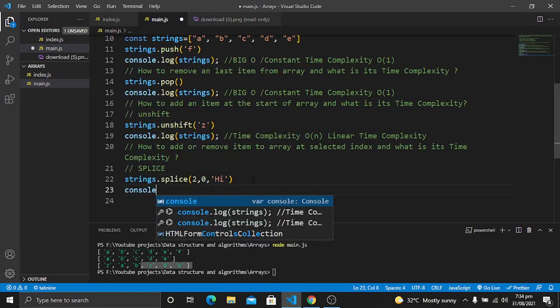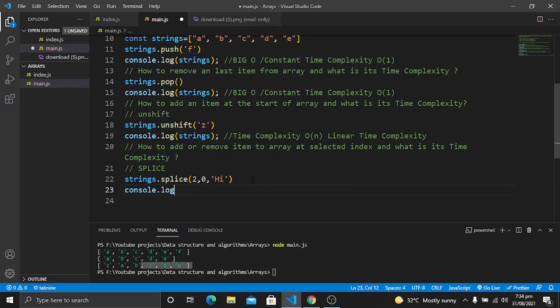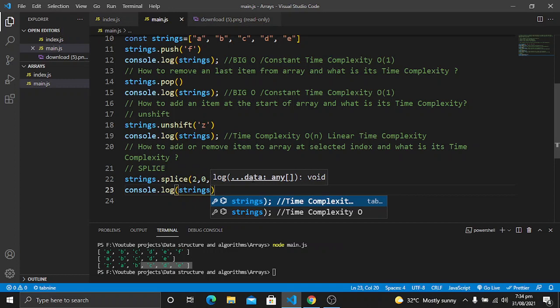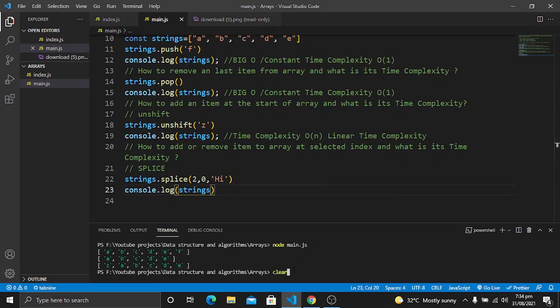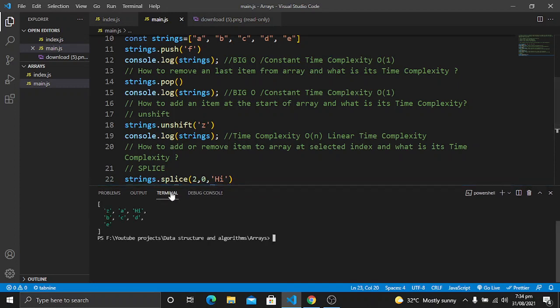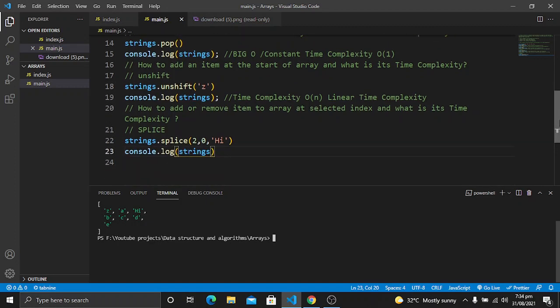Let's console.log it. So console.log, I will pass strings. Let's save it, clear the terminal, and run the code again. Now you will see here, at this position, 0, 1, 2, at index 2 we have added the high.